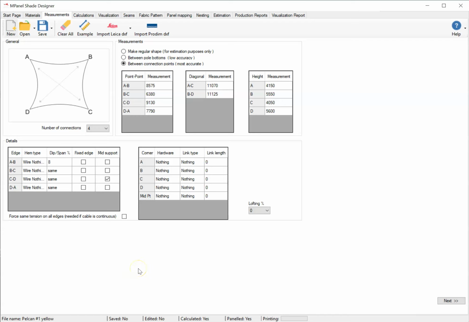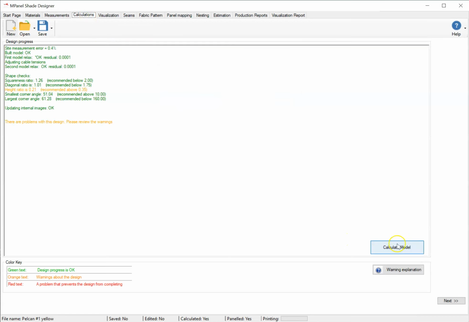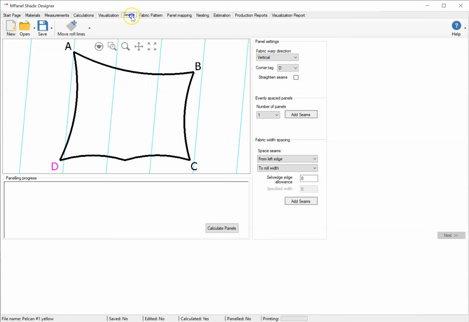We're going to explore the new panel mapping tool in MPanel Shade Designer. After entering the cell dimensions, we calculate the model and then go to the Seams tab. For panel mapping to work, we leave the number of panels at 1, so we will have a sail pattern that is a single piece of fabric. We calculate the panels,